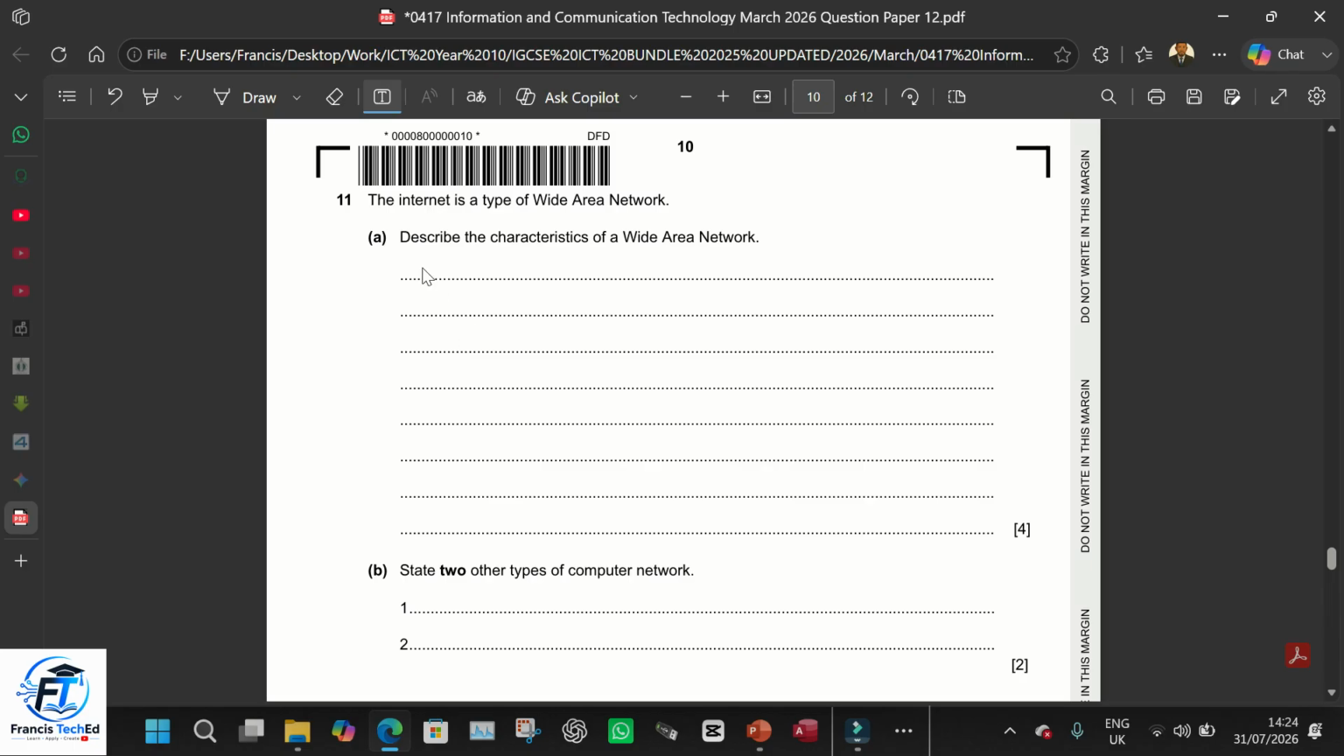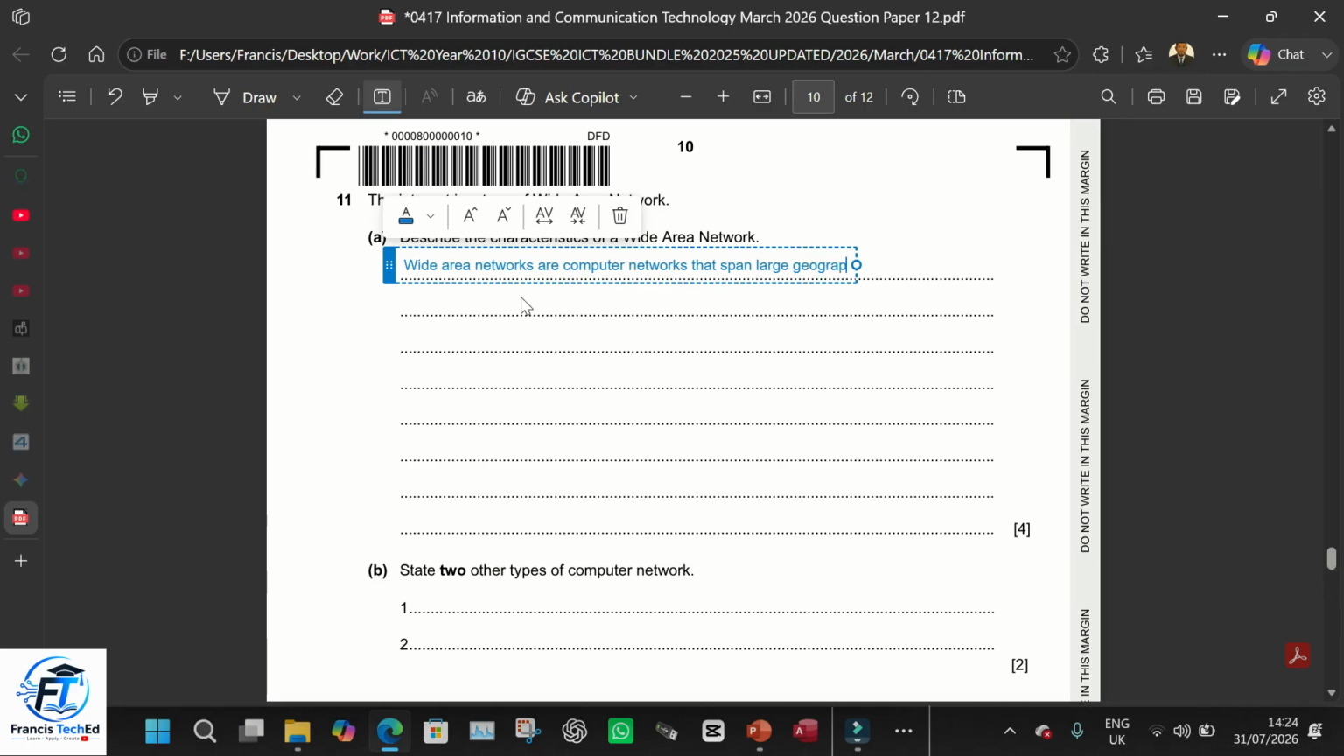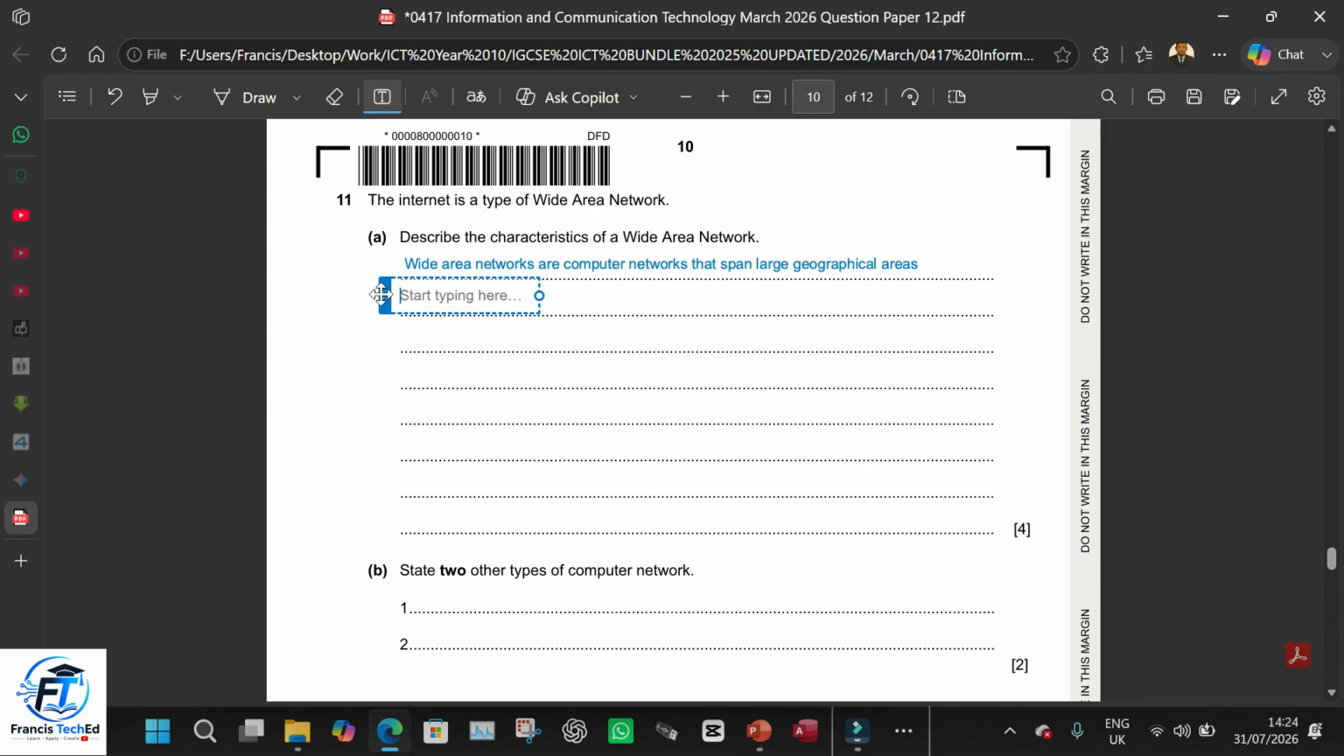Okay. So, the first thing we're going to do is to describe it. Actually, the whole question is description. So let's break down the description into different points. Wide area networks are computer networks that span large geographical areas. Okay. That's the first description of a wide area network. Then the next one is that wide area networks